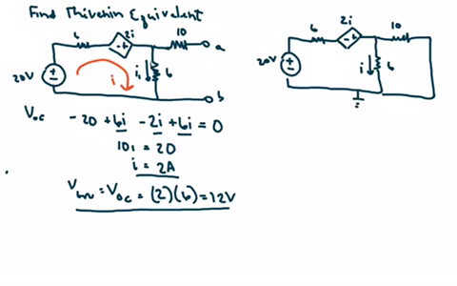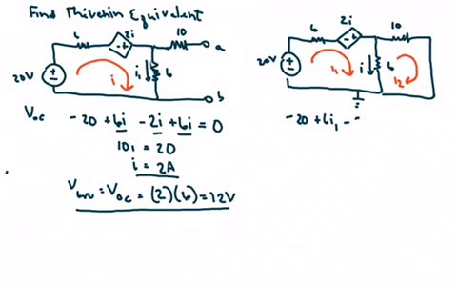Okay, so for this one, we're actually going to use mesh current, and we're going to call this I1, this I2. If we write our mesh on the left, it's going to be minus 20 plus 6I1